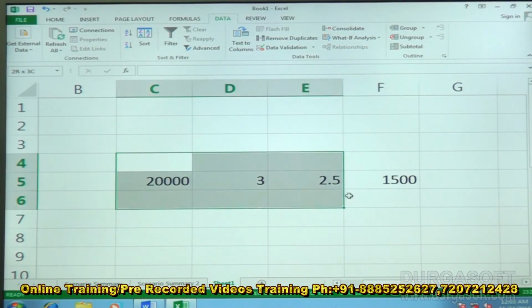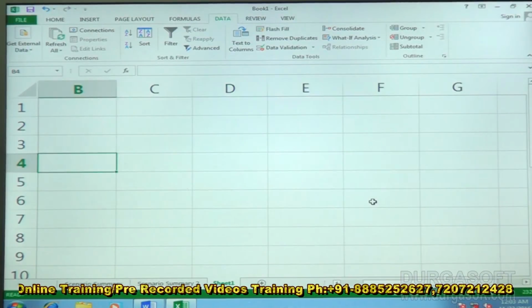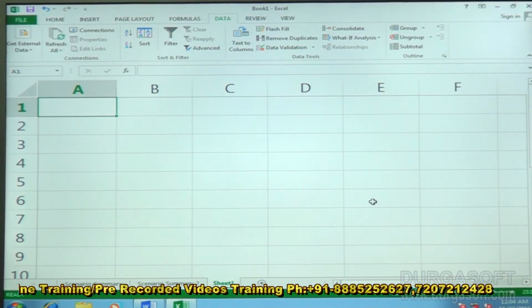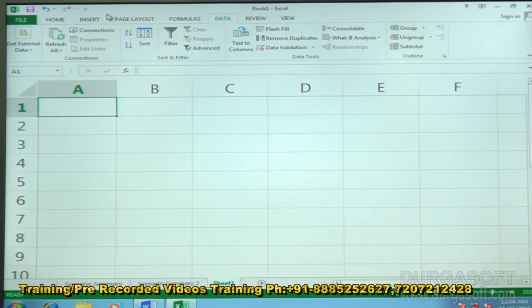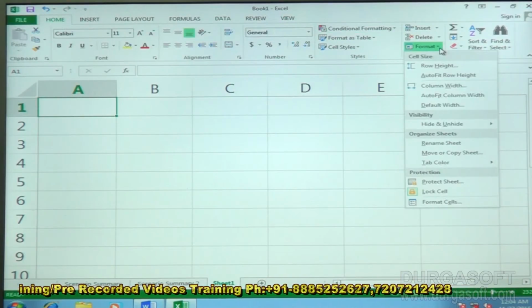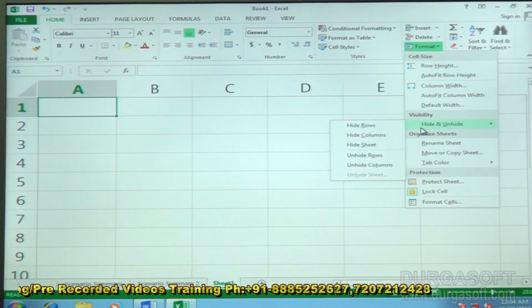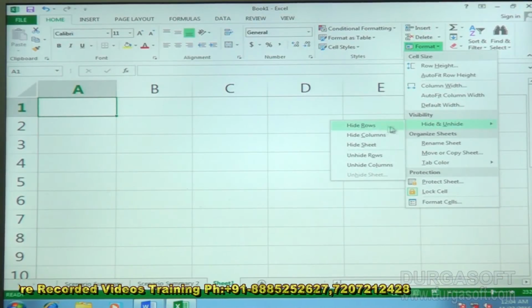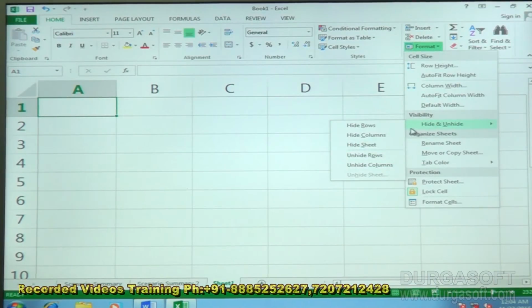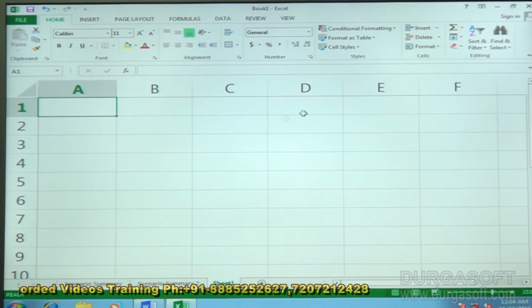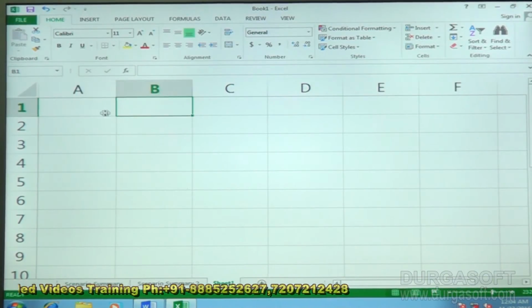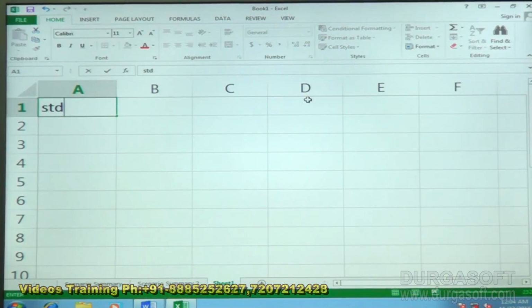And next we can see group, ungroup. Group, ungroup means it is nothing but hiding and unhiding. The hiding and unhiding option we can see in the home menu bar. If you want to hide your rows and columns or sheet, we can hide with the help of these options, or unhide if you want to do that. So if you want to do that, we need to mention one table here, for example,